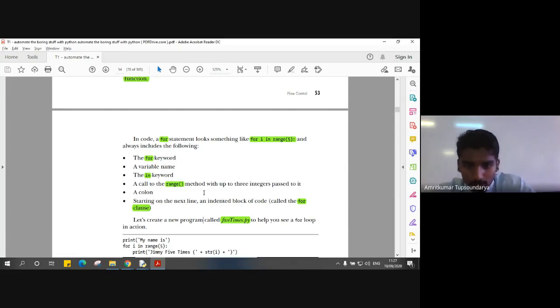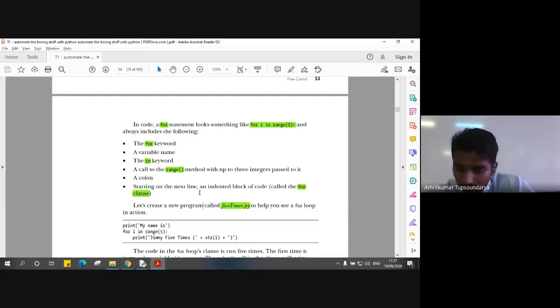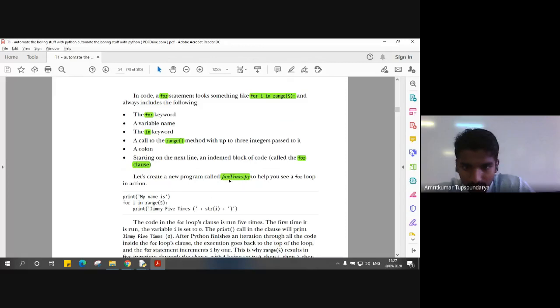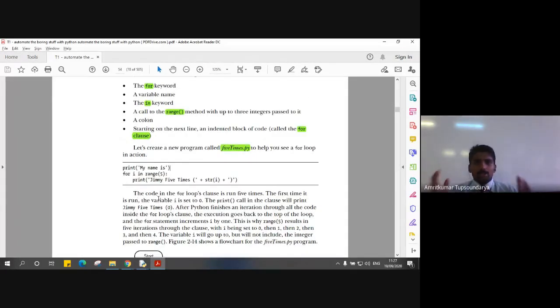So let's have a program which gets executed 5 times. Let's name this program 5 times. It's a simple program. What it does is simply print whatever name you give, 5 times. So let's have a simple execution of it.